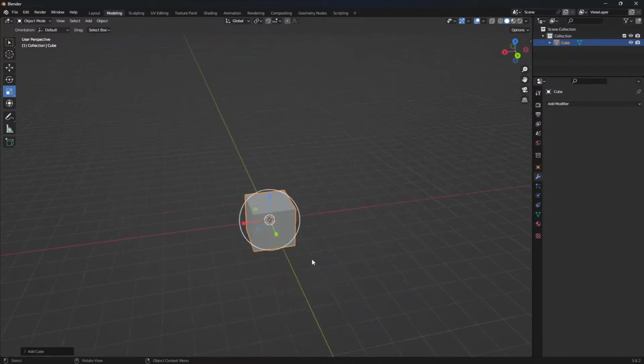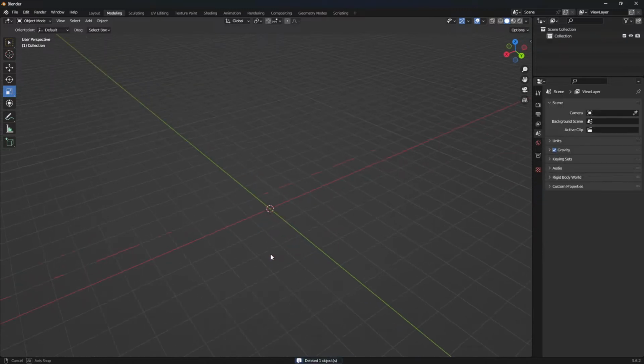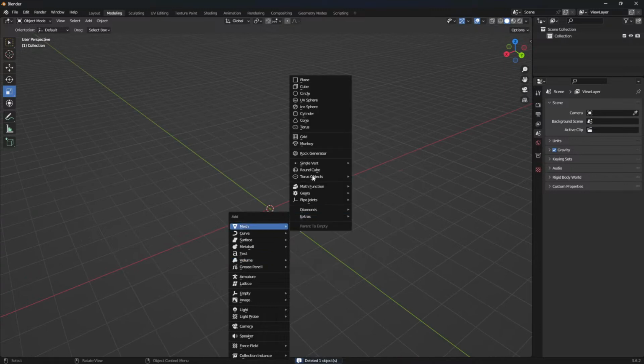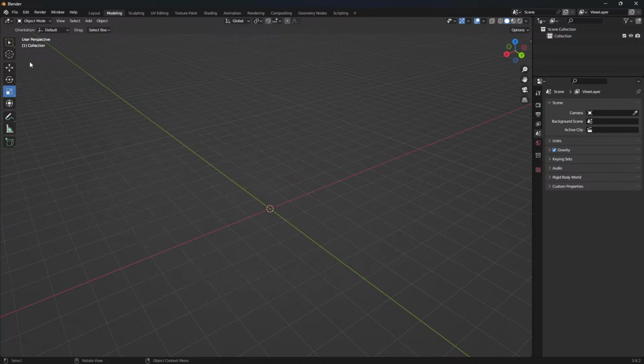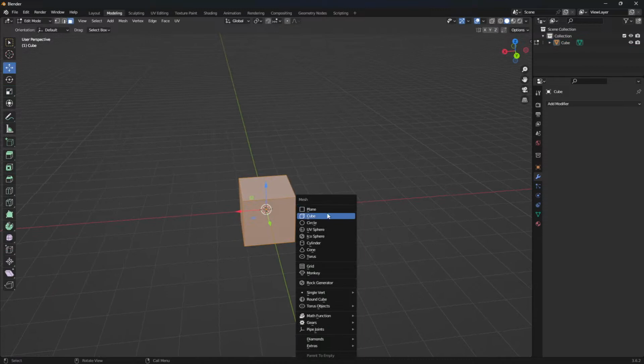Now, sorry guys, there is another way to add a cube. Shift A, and you will get these drop down options. You can press Shift A anywhere, but when you are adding a new object, be sure to be in object mode, because if you are in edit mode and you add another object,